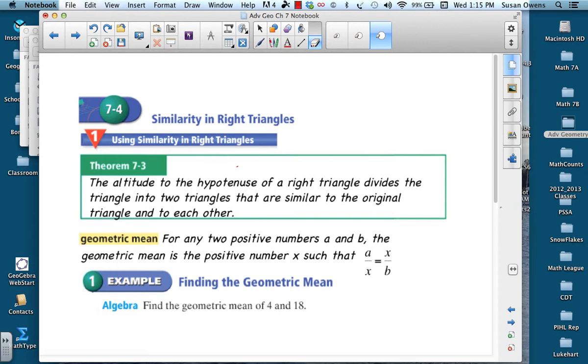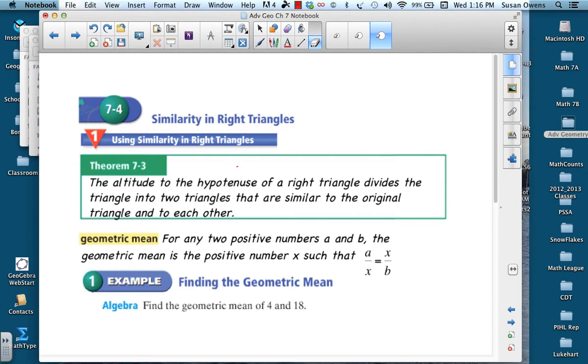Welcome to today's video. Today's video is for Advanced Geometry, Chapter 7, Section 4, Similarity in Right Triangles. So this is about geometric mean specifically. So we're going to be looking at altitudes drawn to the hypotenuse of a right triangle, and that forms the